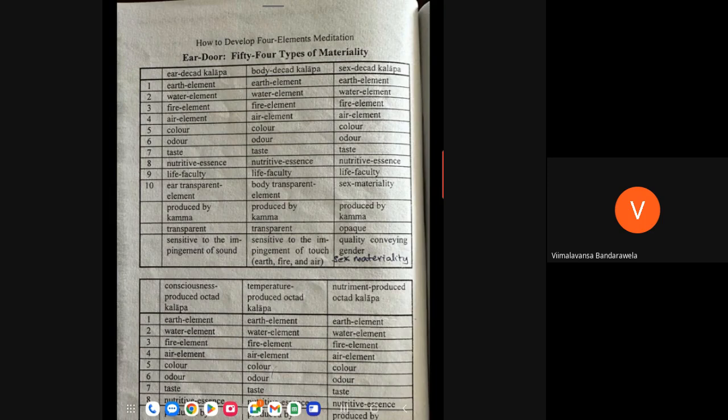You focus. Now in front of you, you have your ear door, but the muscular ear door very quickly transforms into rupa kalapa, because of the power of your concentration of the jhana. Before that, the meditator must practice four element meditation. Because of the power of the four element meditation and the jhana power here, your ear door very quickly becomes rupa kalapa. So you can see the kaya dasaka kalapa also, and you take the object as pathavi.